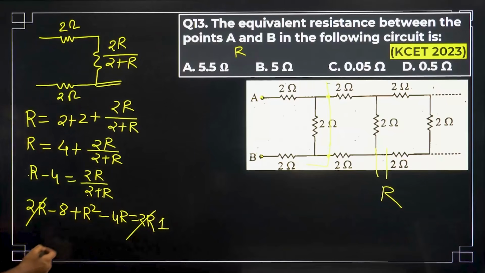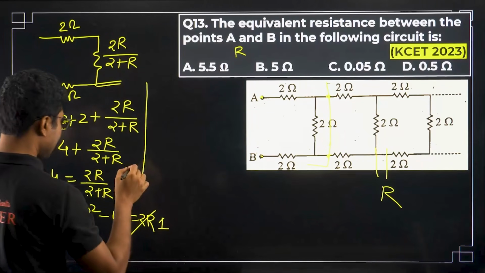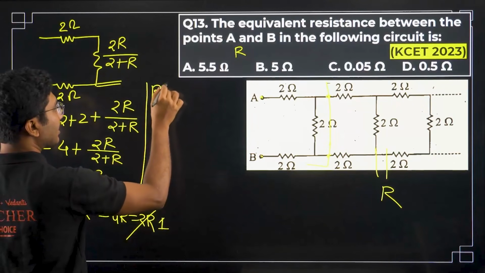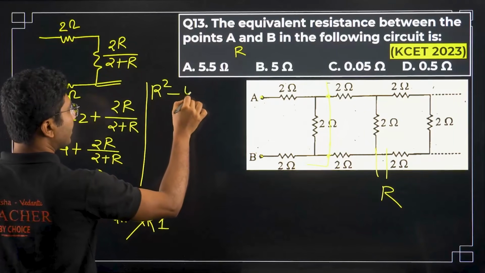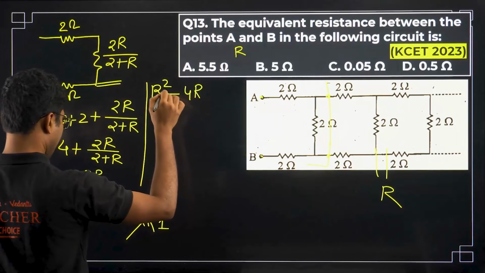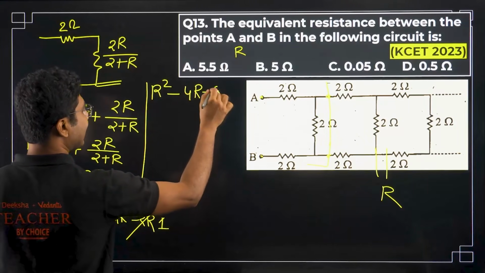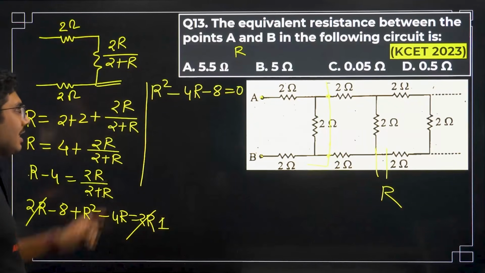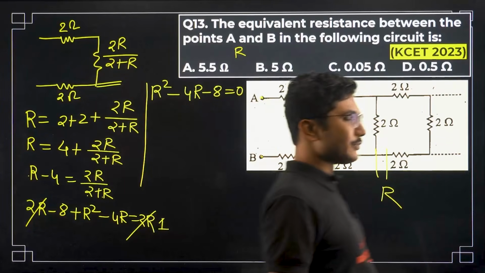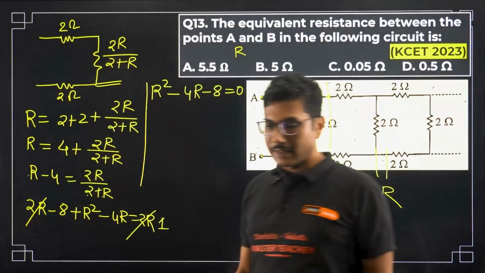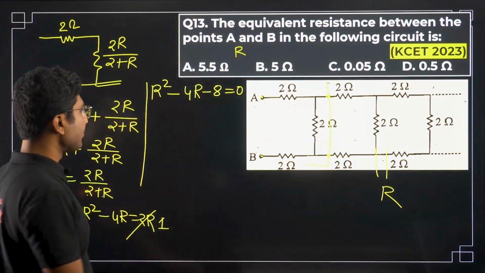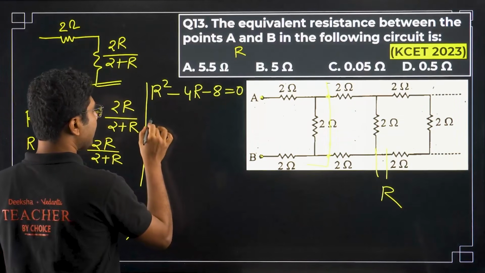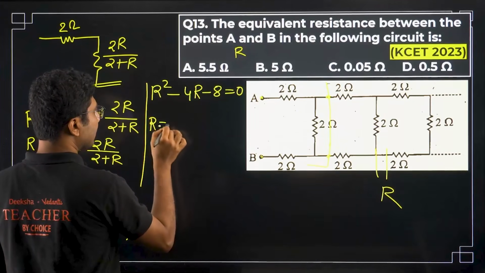Same values, that's why I cancelled it, and you get this as R square minus 4R minus 8 equals 0. Now this you cannot just simplify using the normal method, right? Factorization is not possible, so you have to use the quadratic formula. So R equals